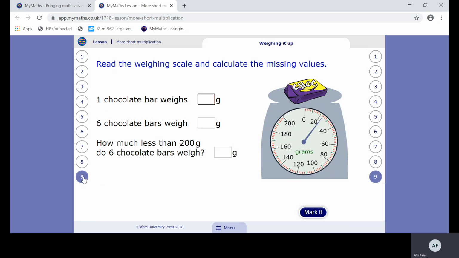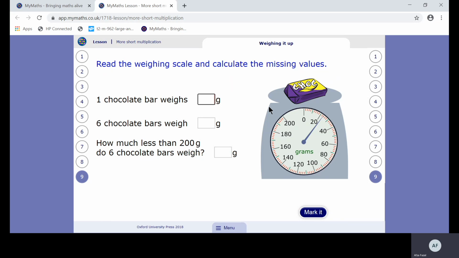Read in the weighing scale and calculate the missing values. 1 chocolate bar weighs something grams. 6 chocolate bars weigh, and how much less than 200 grams do 6 chocolate bars weigh? So this is basically what you're going to have to do here, is work out the weight of 1 chocolate